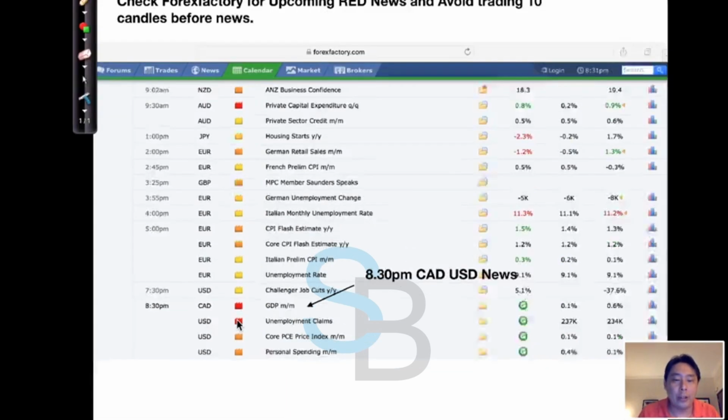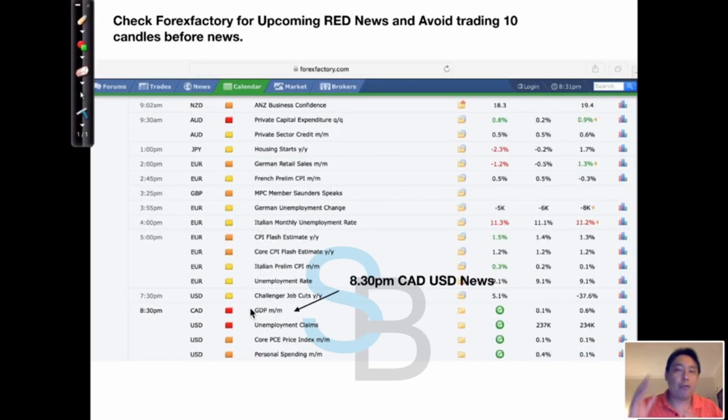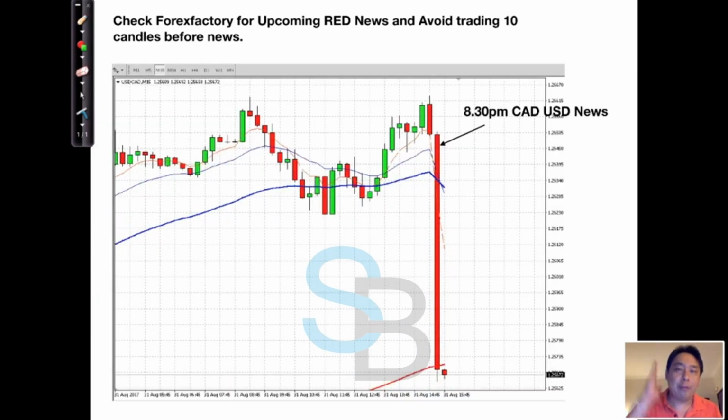So always check the news and avoid trading 10 candles before the news. If one candle is 15 minutes, 10 candles is about 2 hours, right? And if you do trade it, you want to exit before the news is announced. So here's an example of how news can affect the price. This is dollar CAD,